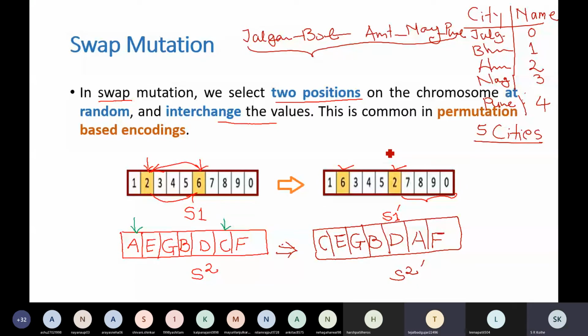Now instead of this, in the program what you are going to do: Jalgaon means 0, Bhusawal means 1, Amravati means 2, Nagpur means 3, and Pune means 4. Your solution will look like this.